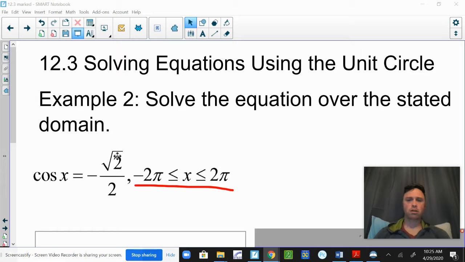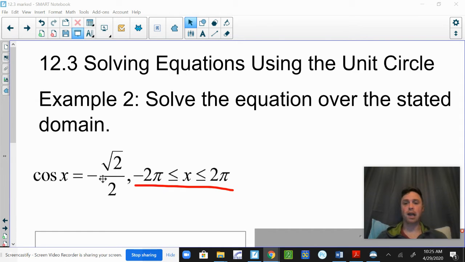So I posted a link on Canvas about values from the unit circle that you need to know. You need to have memorized here under normal circumstances. So obviously during the school closure, I'm not going to be able to make sure that you're memorizing or quizzing under normal circumstances. But make sure you reference that document that I posted about the values that you do need to know, and understand that those are values that on the IB test, and for that matter, any AP tests or college classes will also expect you to have values like the negative square root of 2 over 2 memorized